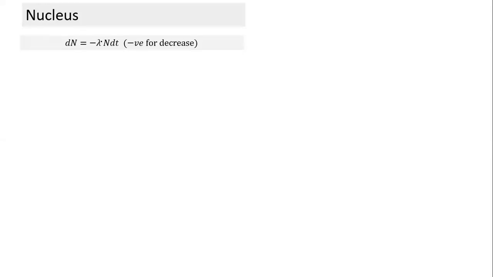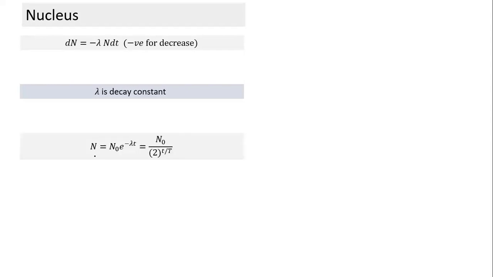Lambda is the constant of proportion, which is called the decay constant. The negative sign indicates decrease. So what we have done in the last 2 days is mostly making use of this expression. Lambda is the decay constant, and it depends on which radioactive element we are talking about. If we rearrange this term and integrate, we can find the number of active nuclei N, and we get this expression.